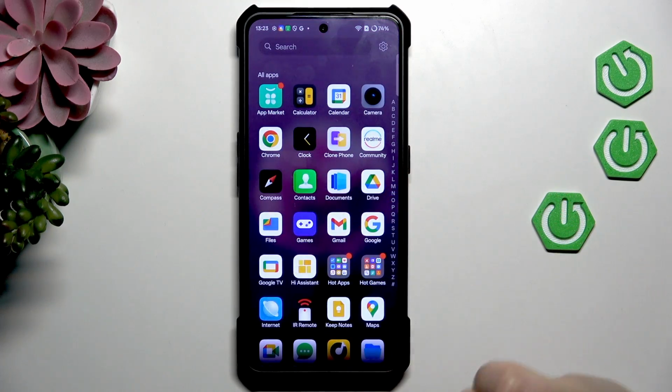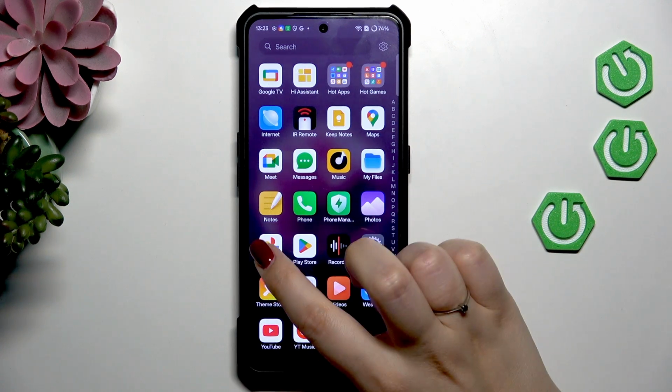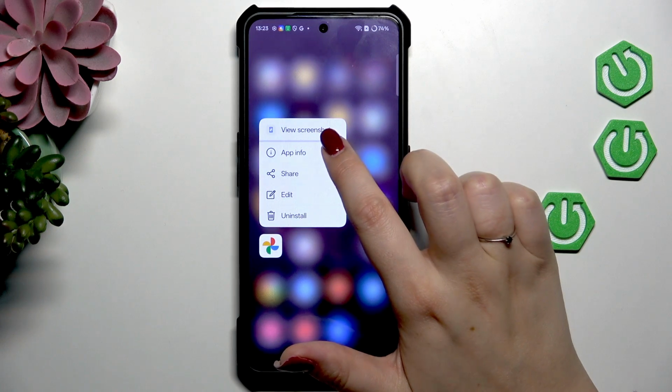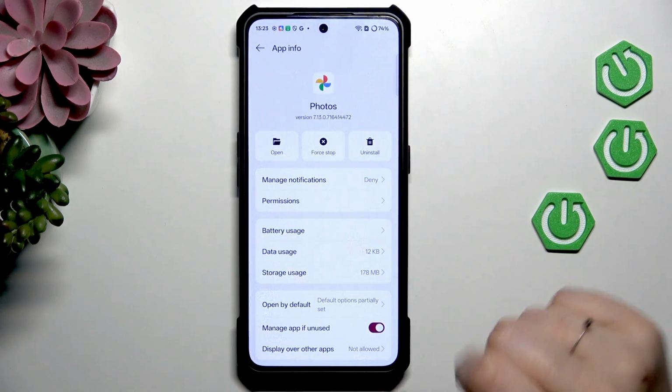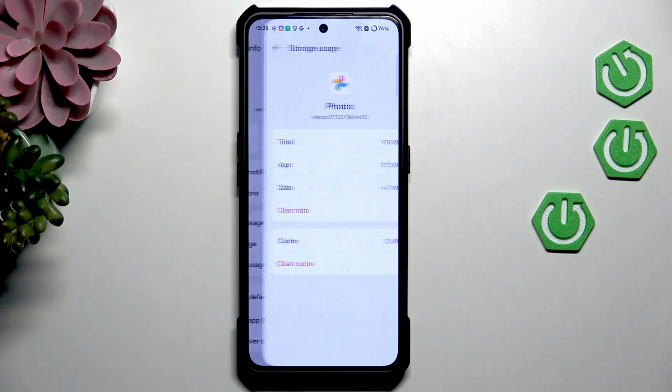with the force stop, because sometimes the app which is opened in the background might cause some problems. So just find the app which you'd like to force stop, tap on it and hold it, and then tap on App Info. So here, before we will forcefully stop it, I highly recommend to tap on Storage Usage, and